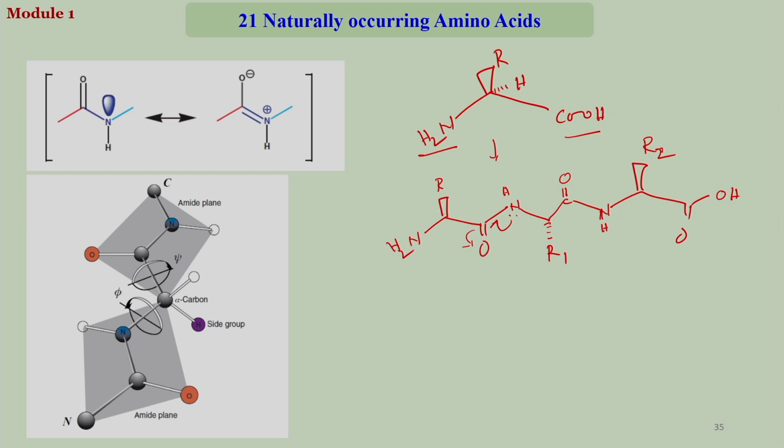So, if you look at the peptide structures, you see that this bond has a partial double bond character, and apart from this bond, other bonds like this and this, or this bond and this bond here, have pretty much a single bond character. So, ideally, if you look at the backbone of the peptide or the protein structures, there are plenty of